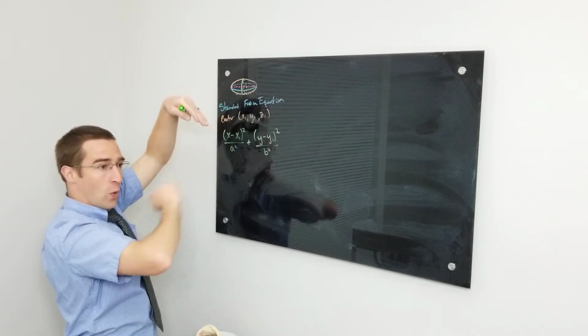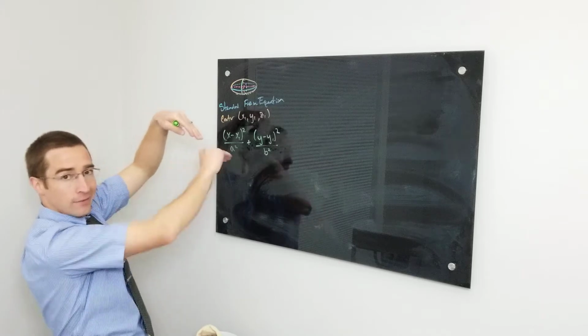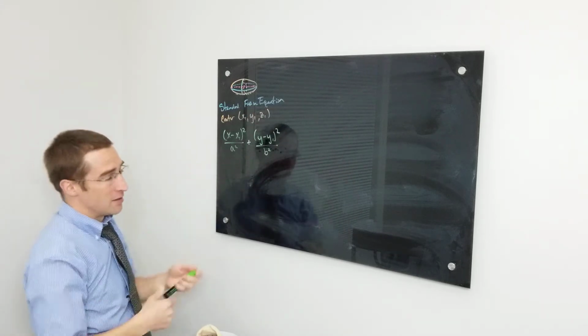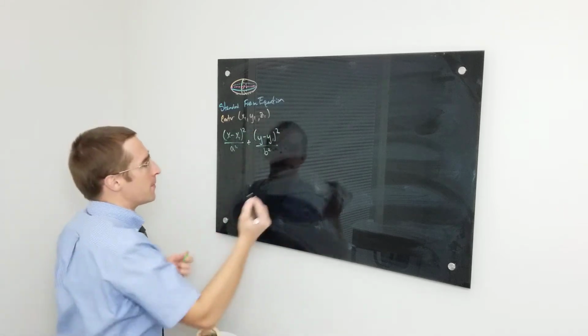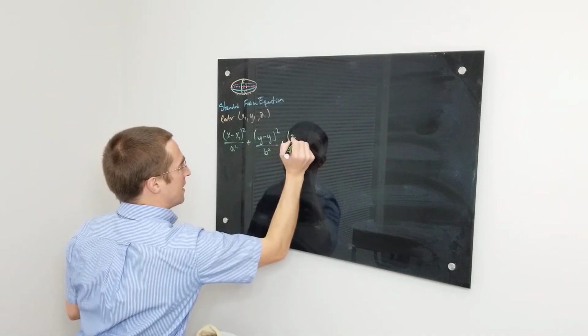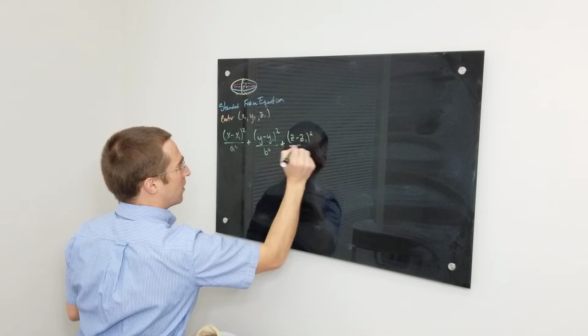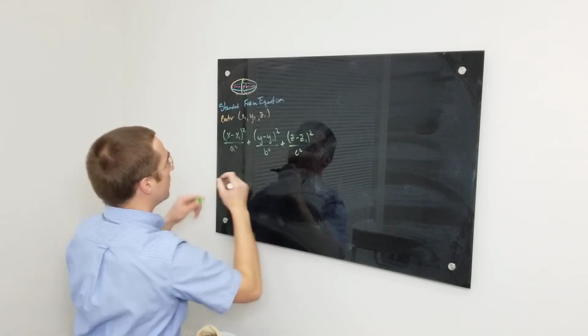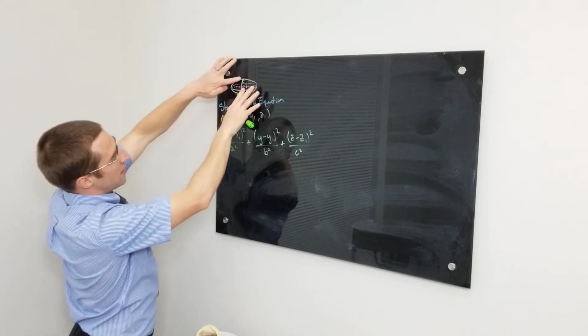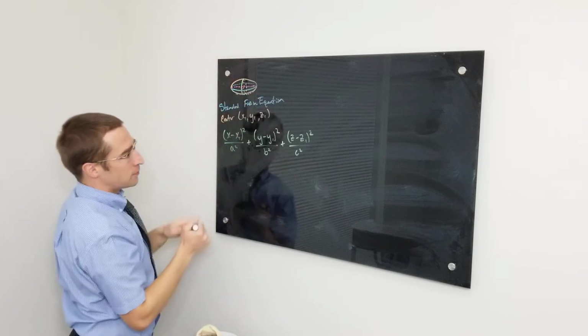That y-axis would be twice the distance of b, just like with a regular ellipse. And then plus (z minus z sub 1) squared over c squared, where c would be this distance right here,